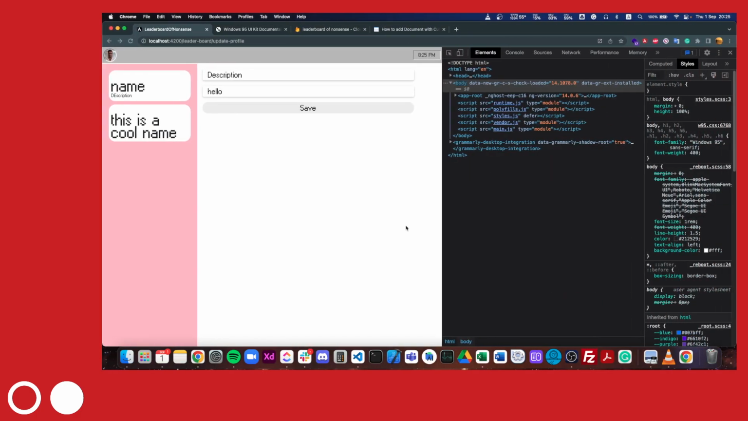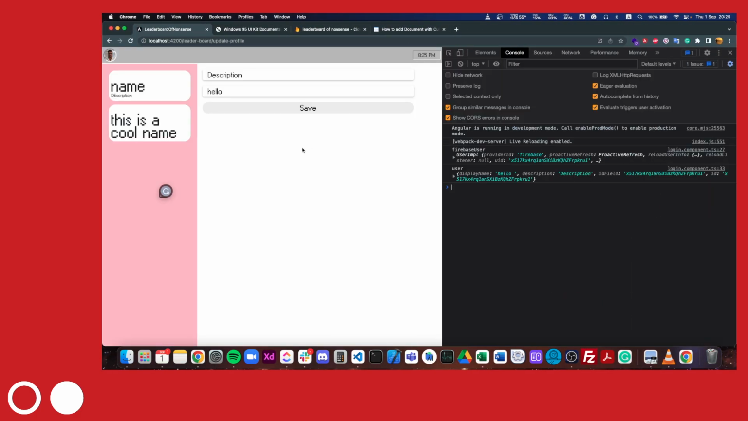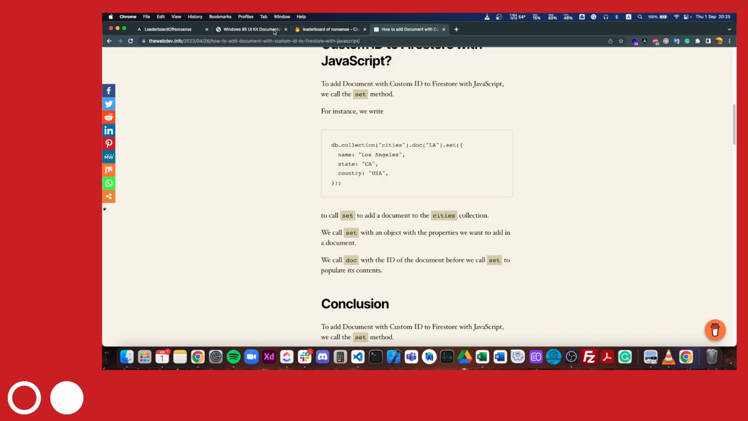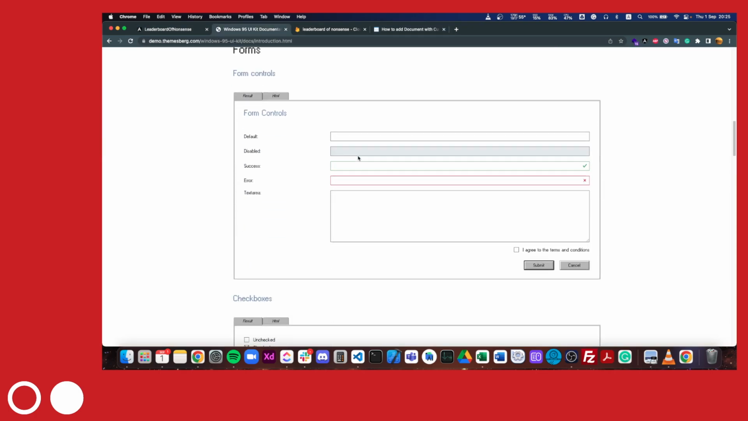Okay. Let's see if it does console success. Yes, it does. So technically, you could have a problem with reference if